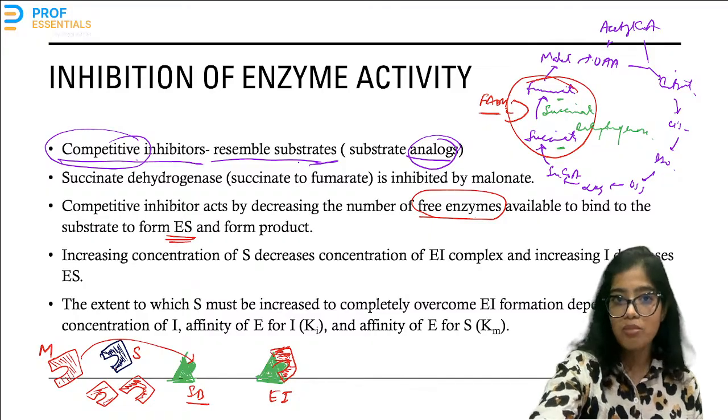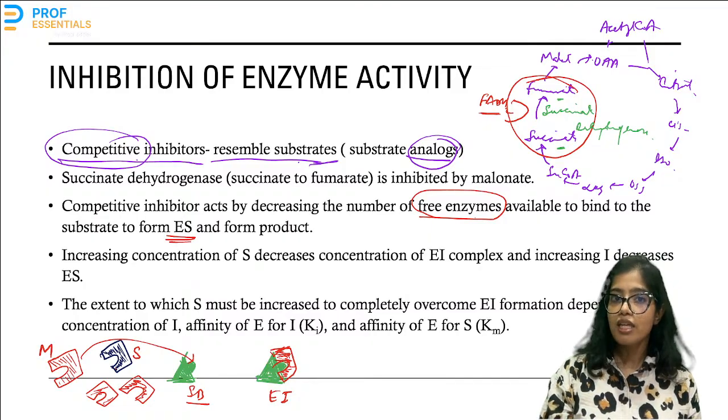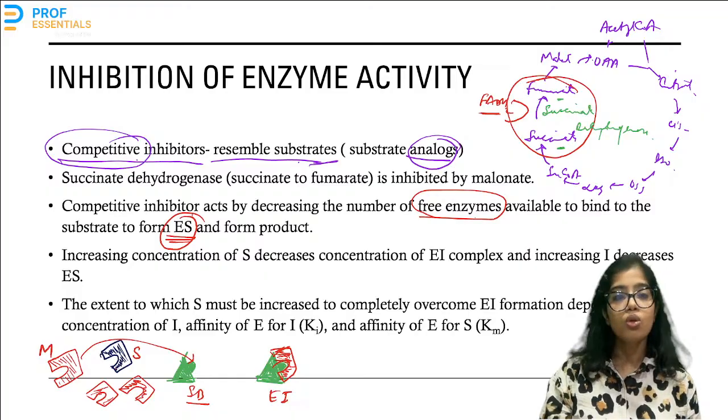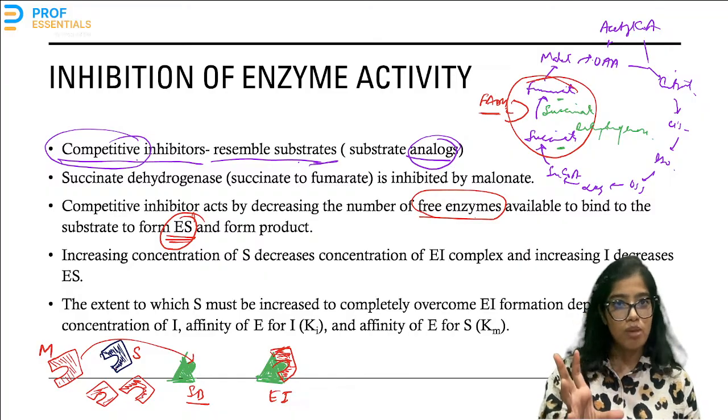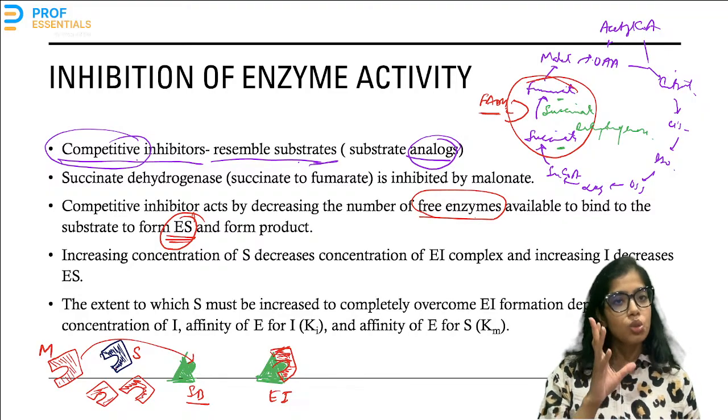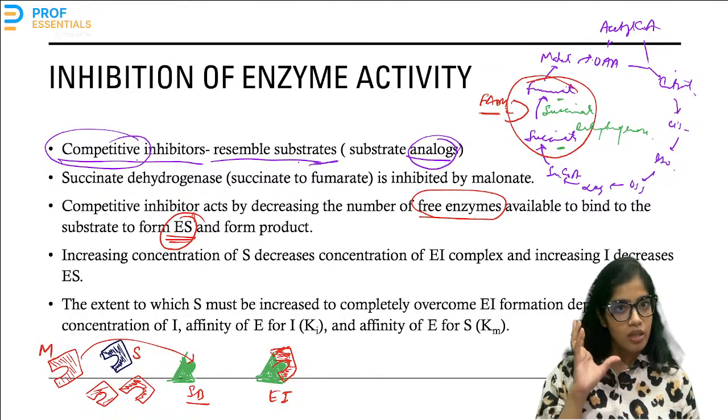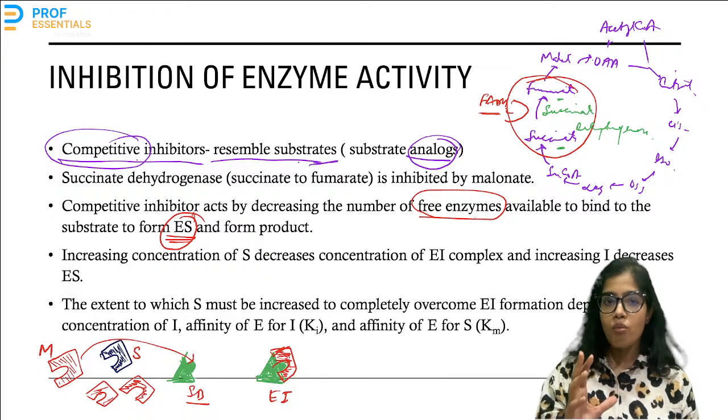Remember, the enzyme substrate complex is the transient state which is essential to reach the activation energy barrier. It is very important to form the enzyme substrate complex, then only the activation energy barrier will be breached. Now, this enzyme substrate complex is not formed because all the enzymes are now occupied by the inhibitor to form the enzyme inhibitor complex. After forming the enzyme inhibitor complex, nothing is done. The reaction stops here. It does not go further.